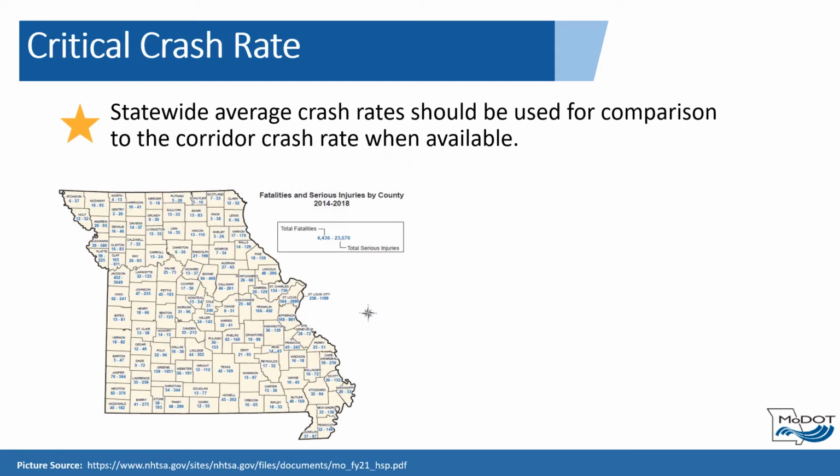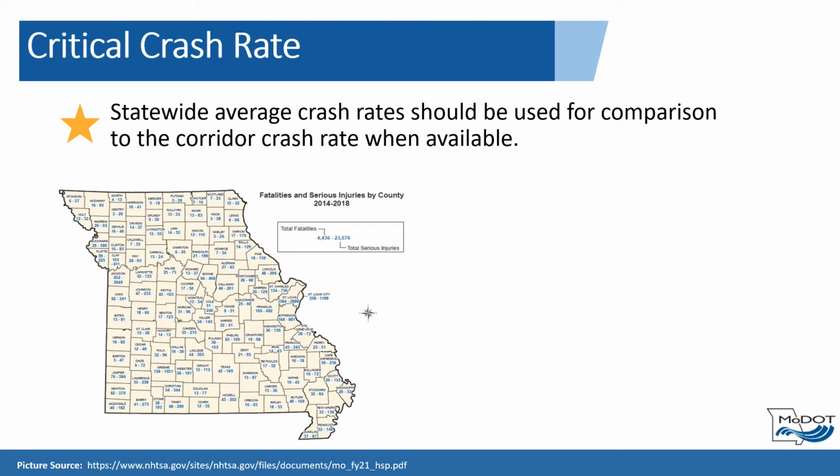Statewide average crash rates should be used for comparison to the corridor crash rate when available. The statewide average rate used for comparison is up to the analyzer's discretion and should be one that best represents the characteristics of the study corridor. For example, occasionally, U.S. routes will function more similarly to the state or secondary road than to an interstate facility. Note that if there is a situation where a change or deviation occurs, then concurrence from the review team should